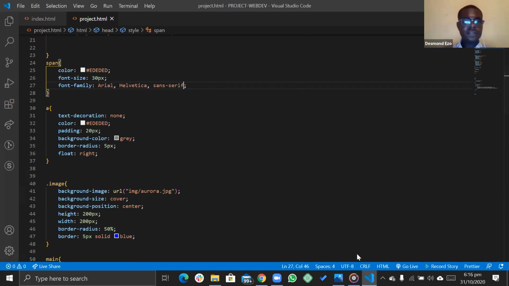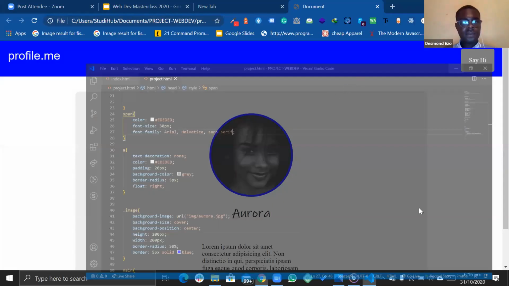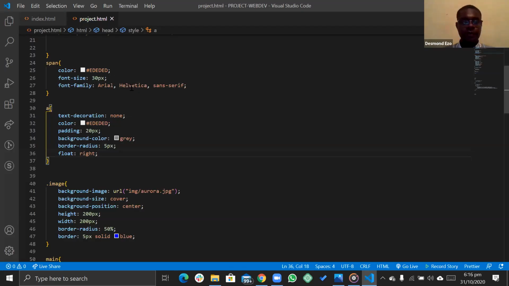It's going to provide Arial first. Let's save it. Yep, it's provided Arial. It's still provided Arial and sans serif. Yep. So those fonts are now available. So the font available on my browser is sans serif. So I'm just going to work with sans serif.